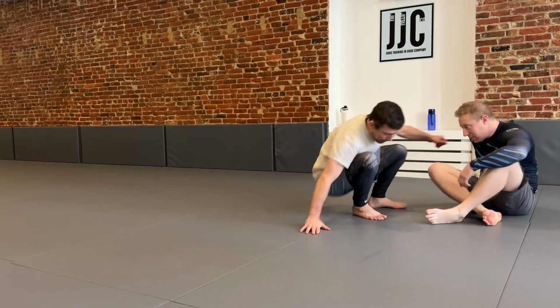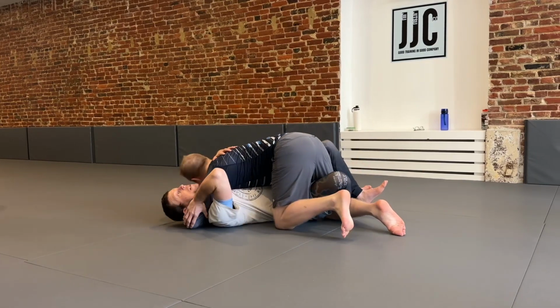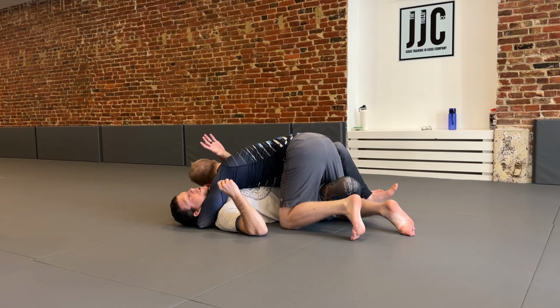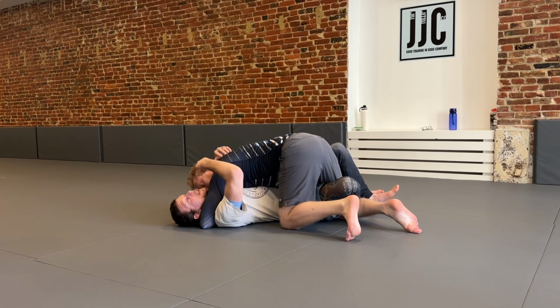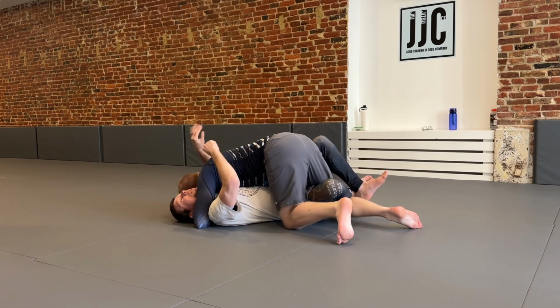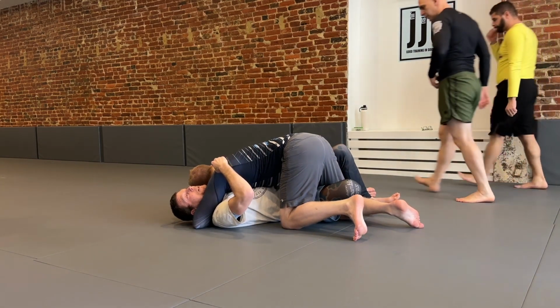Let's say Kurt's on top, and he's got this again, and he's got his underhook. So there's another situation where if I'm here and I can't get underneath his neck, there's two reasons why I wouldn't be able to. One, he keeps his head really, really tight to my head, and there's not enough space. Or two, in trying to dig under his neck, I feel like I'm going to give him a better head